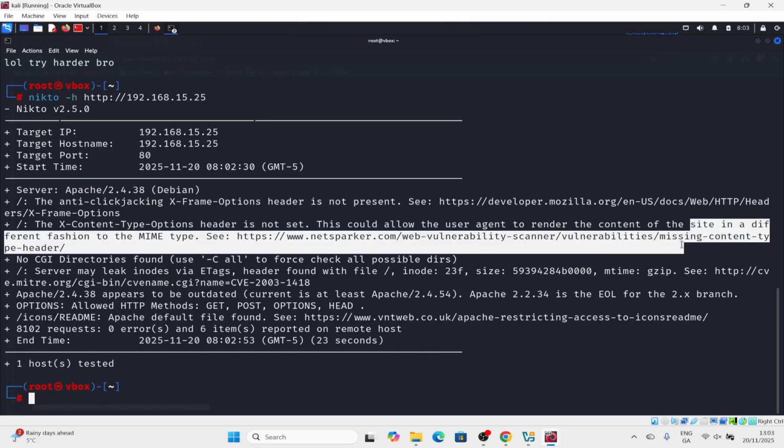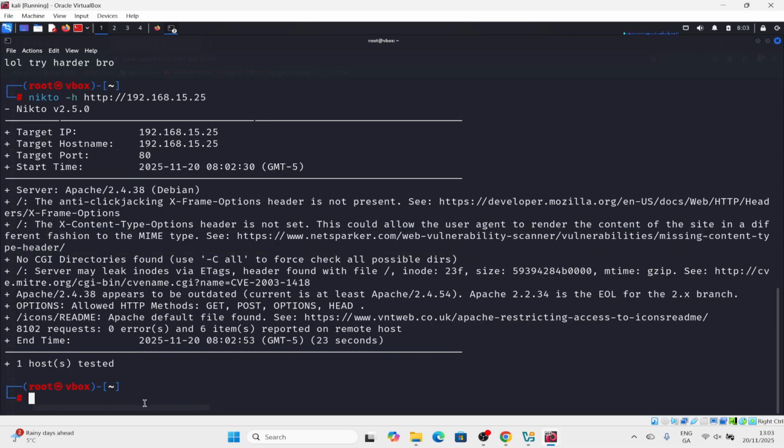So after running Nikto, you have this information, and we will further try to exploit this vulnerable machine